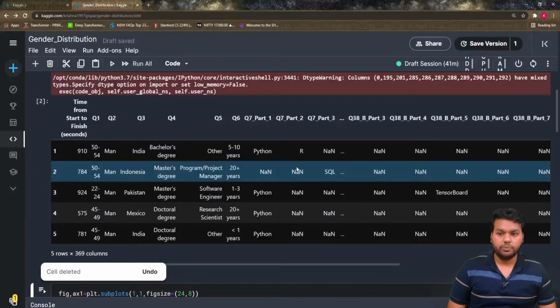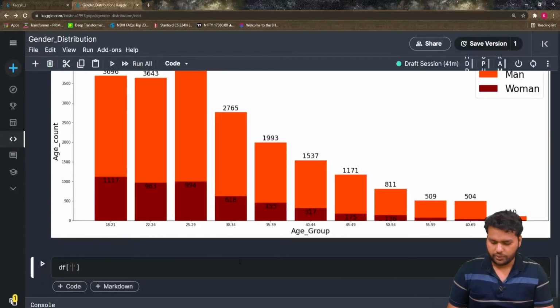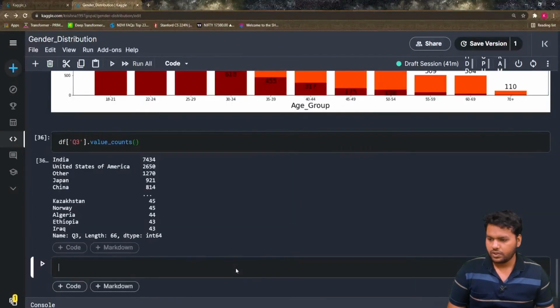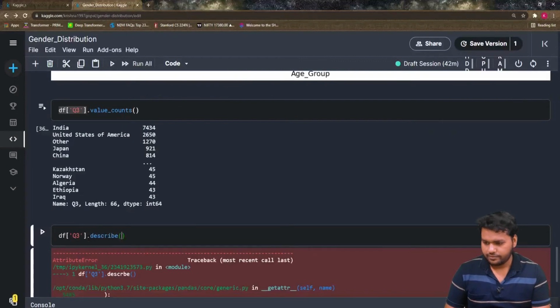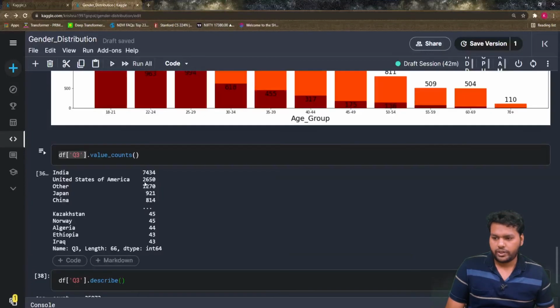Now if we move to question number three, which is about countries, let's first see what countries are given in the data set. So dfq3.value_counts, same as previous, and describe. So the total is 25973, the unique count is 66, and India is the top, which occurs 7434 times in the data frame. So we are more interested in value counts, but we have a total of 66 countries,